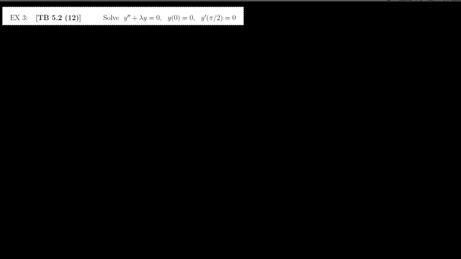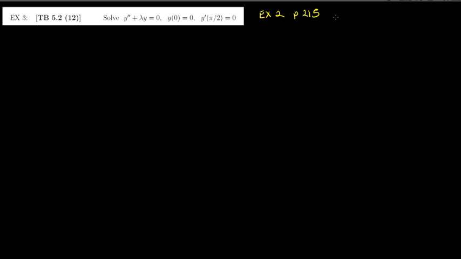Okay, I am going to do a second example in section 5.2. I think this is kind of an important example, and it's a variation of the example that they do in the book. The example that you should look at very carefully in the book is example 2. So this is based on example 2. It's on, I think, page 215 in your textbook,